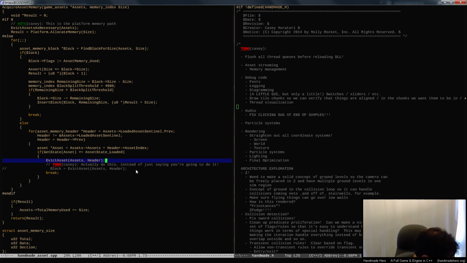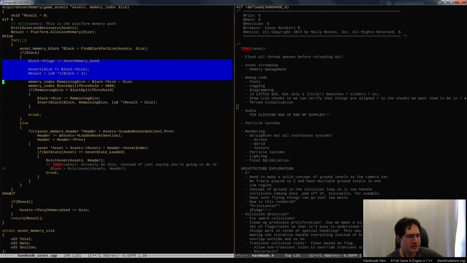Why do we need to check the remaining size versus the threshold? Why not just use the remaining size if it satisfies the request size? So these are two different things. When we do find block for size, we assume that the block it returns, if it returned a block, can fit the size. So we always place the asset there if one comes back, right? This is the code that places the asset there. We mark the memory block as used, and we place the asset there,